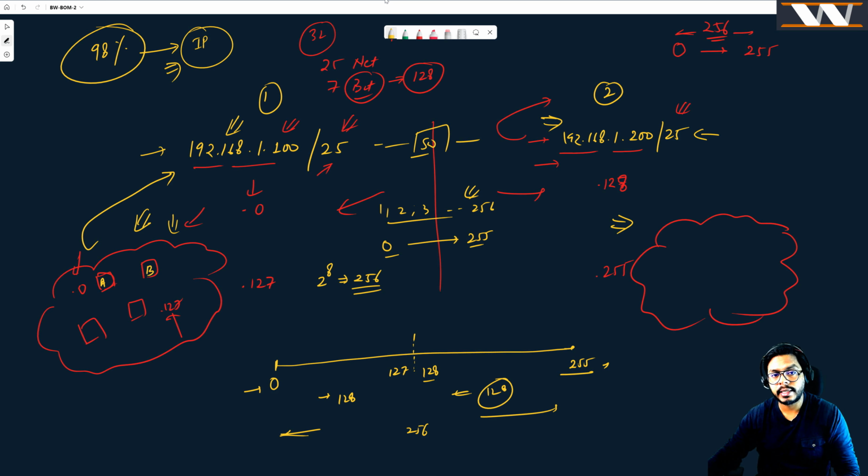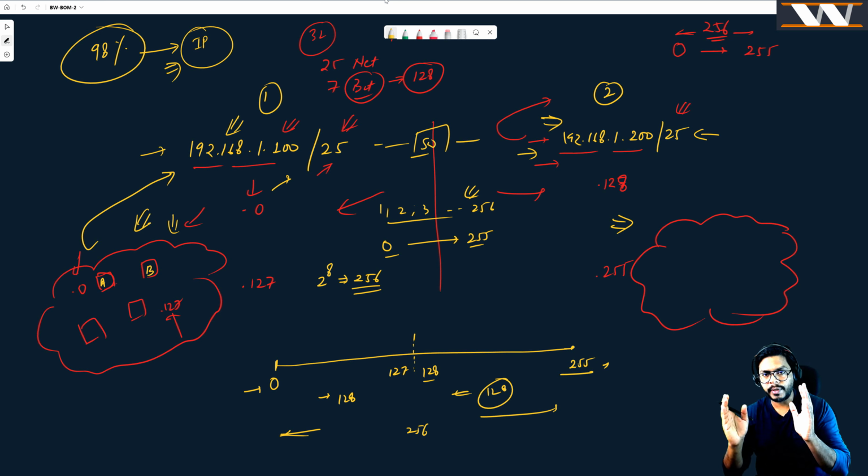Now you can easily understand that this IP address and this IP address belong to two different networks, and if they belong to two different networks, you are going to need one device which can switch packets, which can take a packet from this network and give the packet to that network. It is as simple as that,